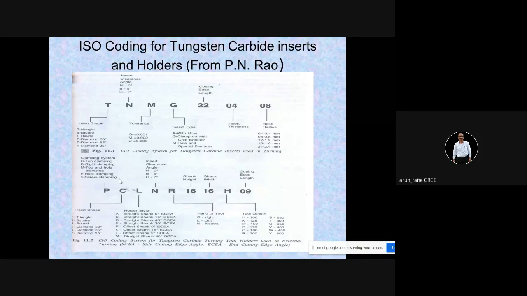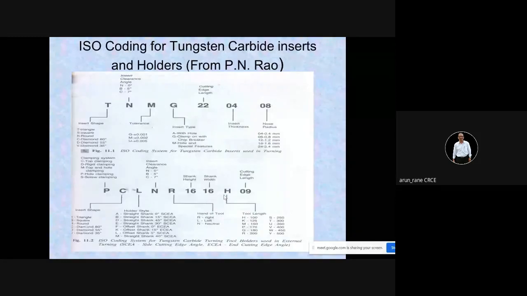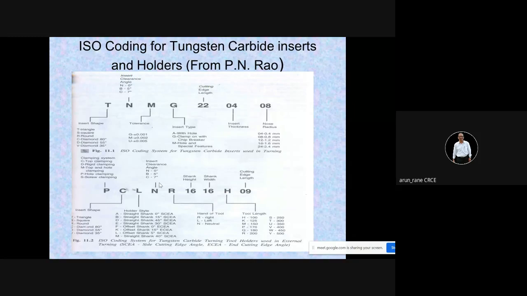So which insert you have to order? Obviously starting with C if you want to use this holder. Or if you want to use this insert, then here it should be T. So it should be either PTLNR, or this insert should be CNMG. If you want to use this holder, then the insert should be CNMG. If you want to use this insert, that is TNMG, then your holder should be PTLNR. This is the common mistake freshers, fresh engineers placed in the purchase department, make.